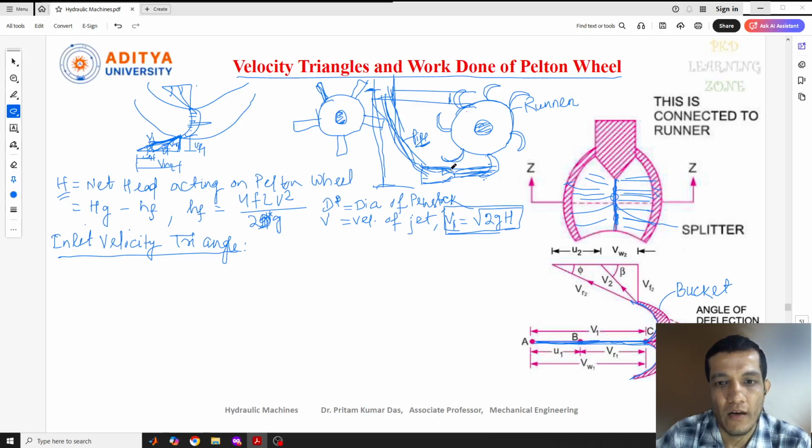Similarly, the velocity of jet, as I told you, here you can see this is the velocity of jet. Initially, this is how the jet strikes on the blade. And similarly,